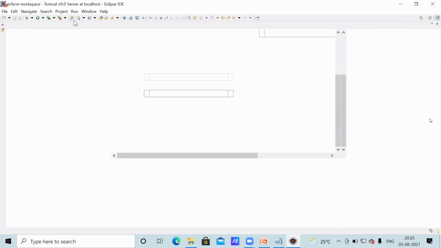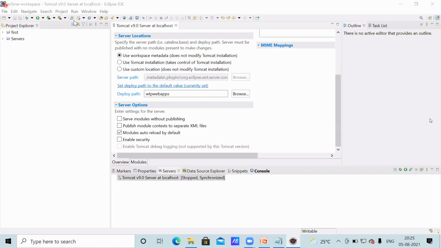So without faculty also you can learn. But without faculty, if you want to learn, it takes more time and you have to check each and everything, what is required, what is not required. You have to find out, you have to learn. Okay, like this you can do it.